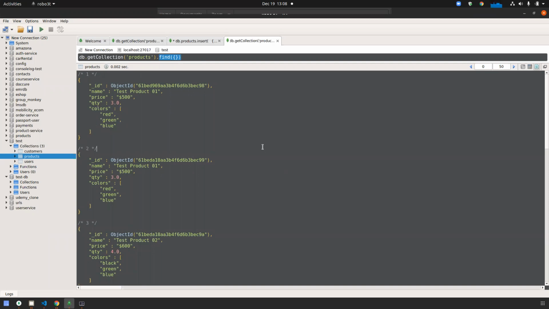But you can also see in this find method there is one curly braces, that means one blank object. That object is for query. Query means in that object we need to provide our requirement. If you are not going to provide any requirement, then it will return all the results. Got it? So this is the find method.